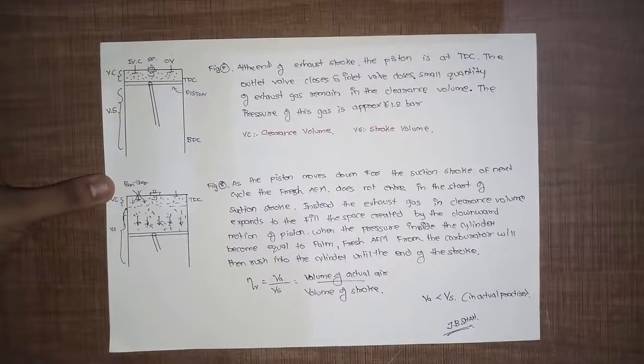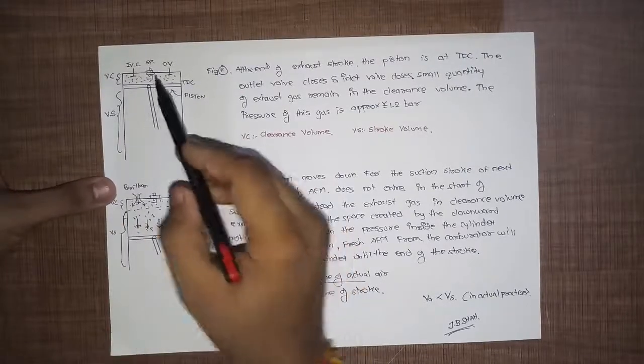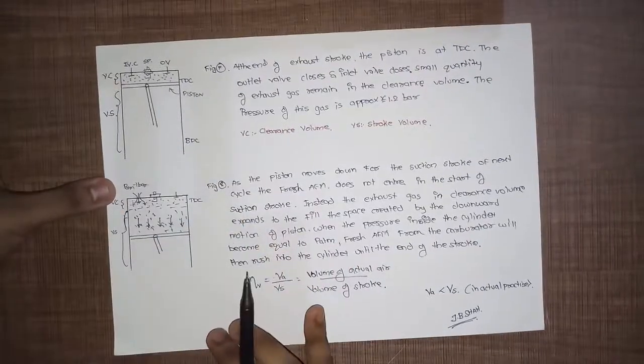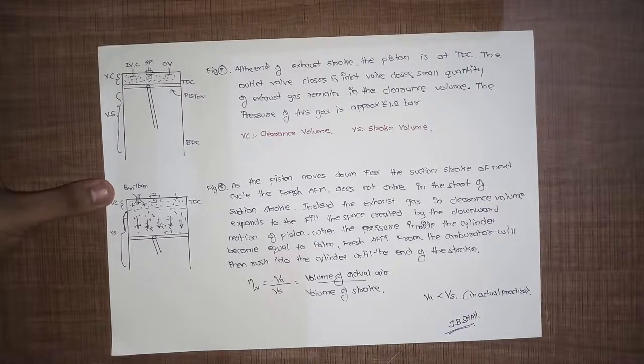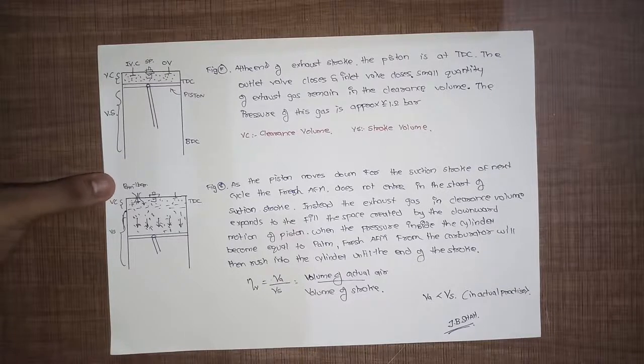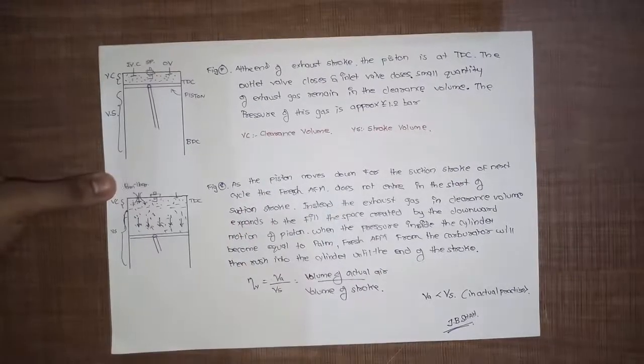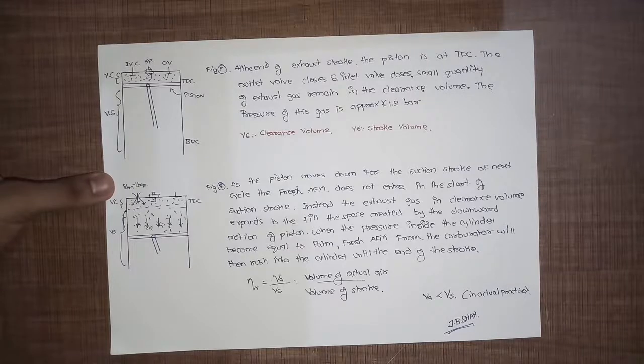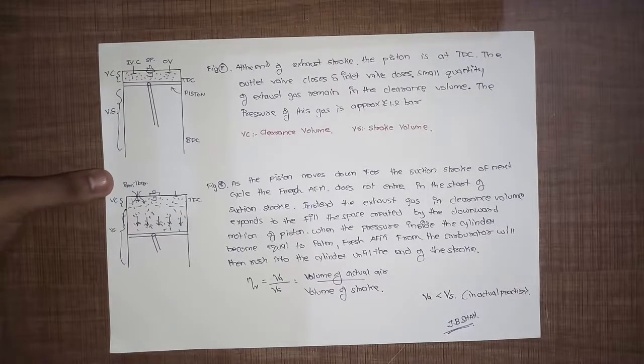Now, what happens when the piston does not touch the top of the cylinder? In an SI engine, in the compression stroke, the fuel is ignited by the spark plug. But if there is no clearance volume, VC standing for clearance volume, then what happens? The fuel reaches its self ignition temperature and knocking or detonation takes place. To prevent knocking or detonation, we use clearance volume.